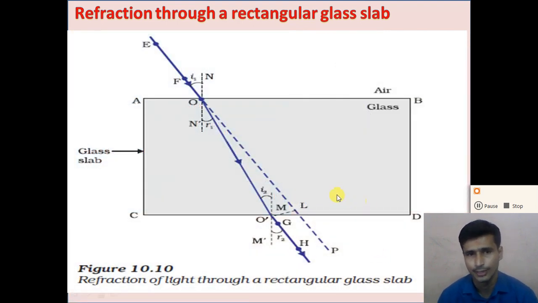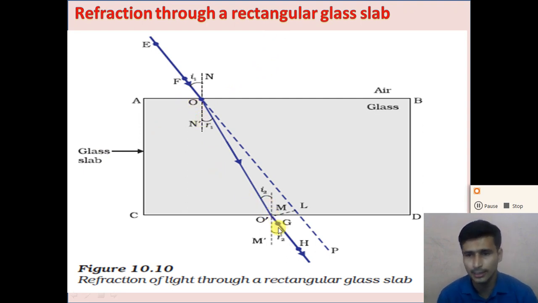Let us see this, right. When the ray of the light is incident at the surface AB at a point O at the angle of incident I1 with the normal to the surface, and draw first a normal to the point of incident O, and incident ray EF. So at the point O the ray of the light enters from the air to the glass, so it changes its direction and goes in the direction to the O dash, right.